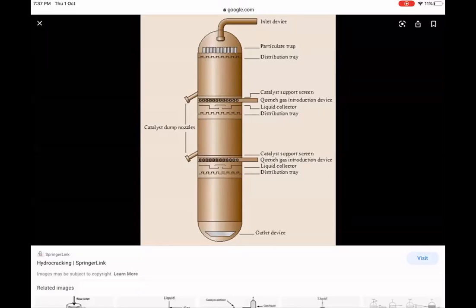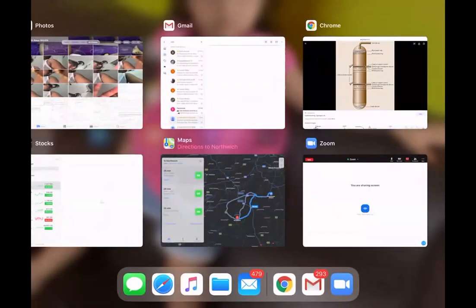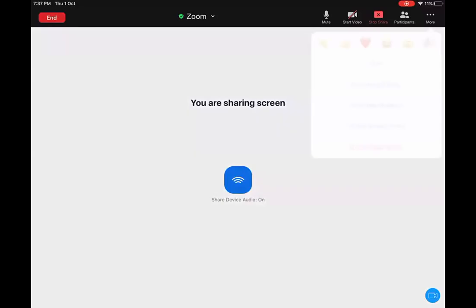So there are two purposes here. One is it will act in parallel, like I showed in the kinetics where one is positive kinetics, one is negative kinetics. Then what you do is you inject in parallel streams. So here it acts for that purpose, or it will act as a quench gas. That means when the temperature rises, the temperature rise will be quenched by this system also. That is also one of the purposes.